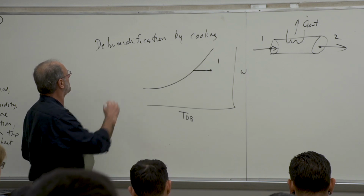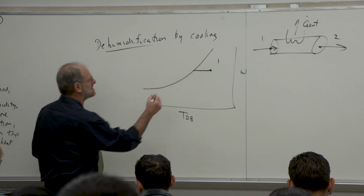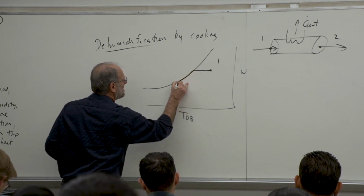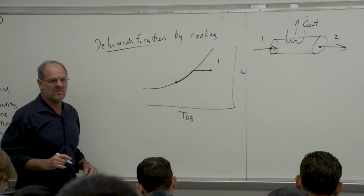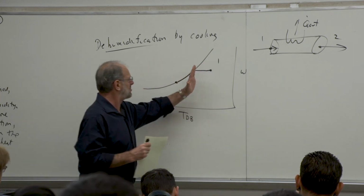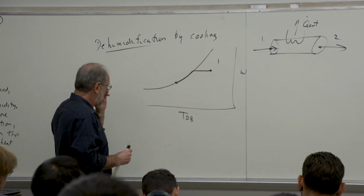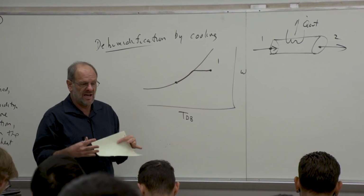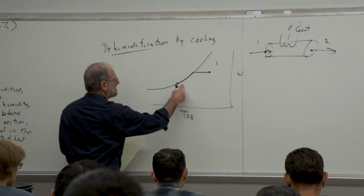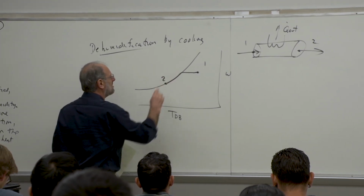But in this particular case, when we're talking about dehumidification by cooling, we're going to continue the cooling process. And since we already understand that the amount of water vapor that can be held in air is a function of the temperature, as the temperature drops below the saturation, which is your dew point temperature, right? Well, then water is going to have to condense out of the air. The cooler air can't hold as much water. So the condensation is going to occur once we hit the dew point